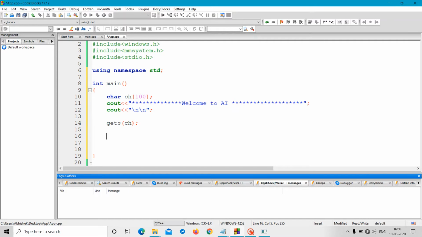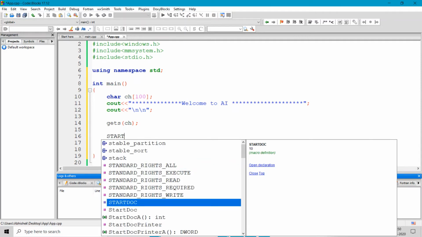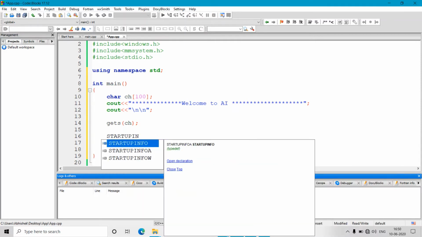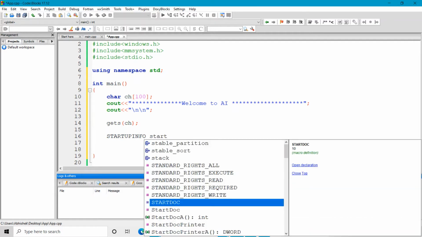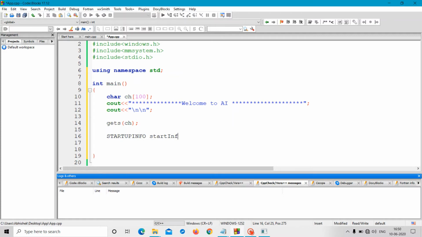Okay, so to run this program I will need two commands. These are compulsory. The first command is STARTUPINFO, then again si, with capital I, equal to curly brackets, in curly brackets 0.